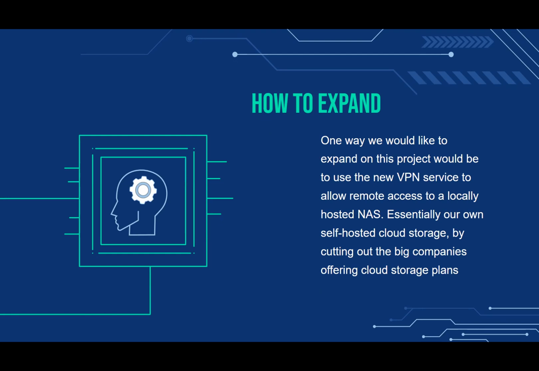Especially that would cut down. We both pay for subscription services, so if we split a 10 terabyte hard drive on a system and set up a NAS on that, and then the VPN on that, then we'd be set. We'd be able to offload and onload files on the go, and we would cut out completely all the big tech companies, especially since someone mentioned that they're not really reputable and